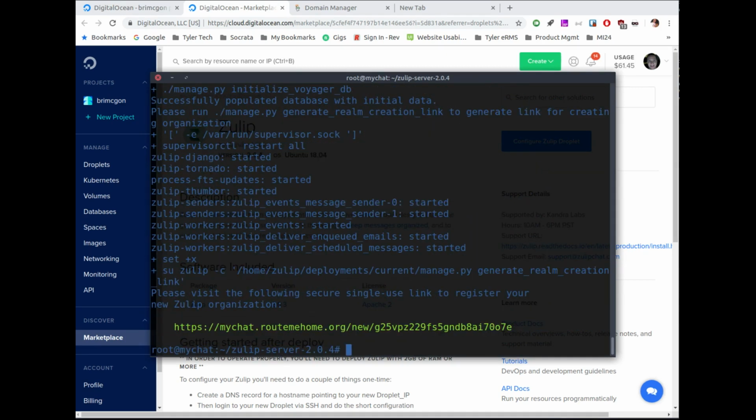Alright, the install finished, and you get this little setup link. So you click on this link, you can hold control and click on it to actually open it up in the browser. You can highlight it, copy and paste it into the browser, just however you want. This is a one-time use link that lets you go in and set up the site so that you're the admin of the site. So I'm going to hit control, click on the link,